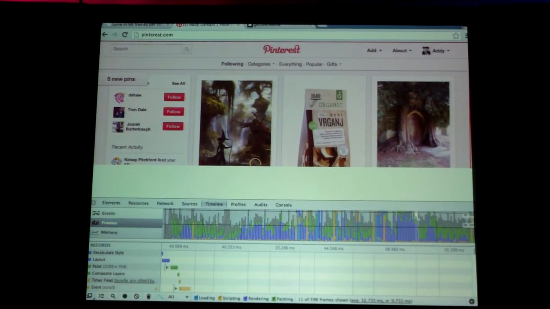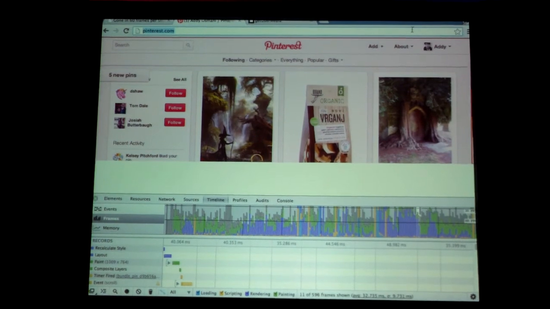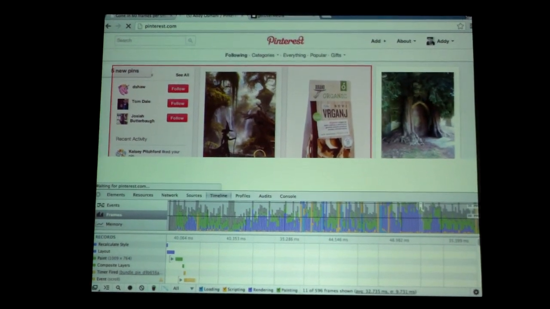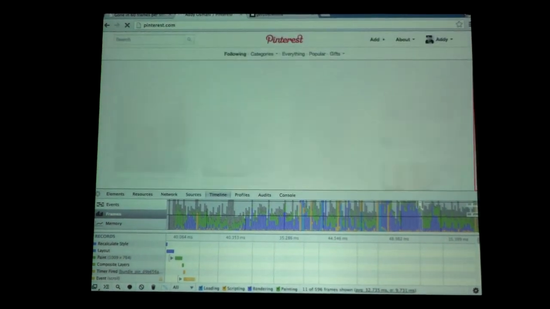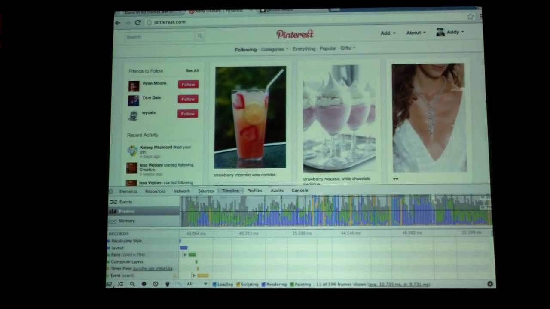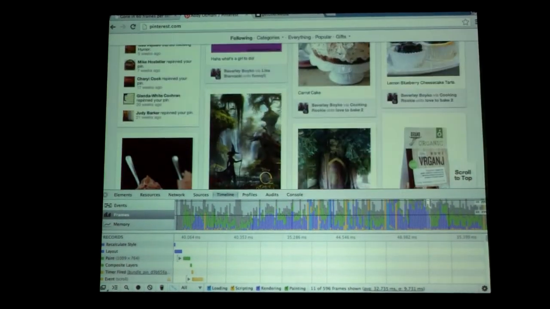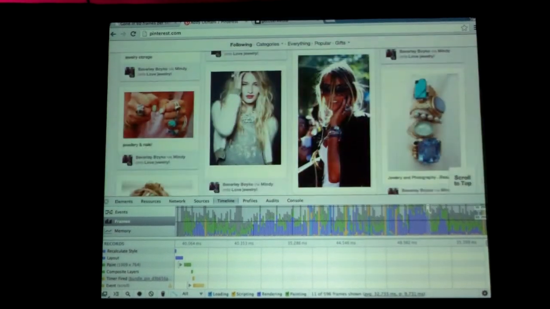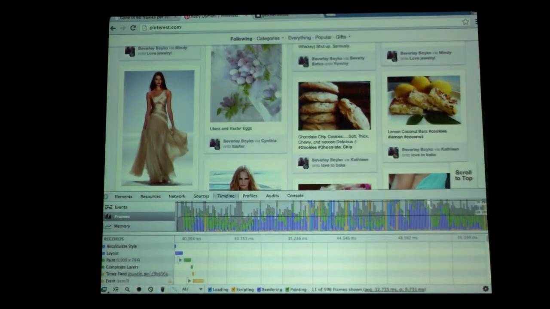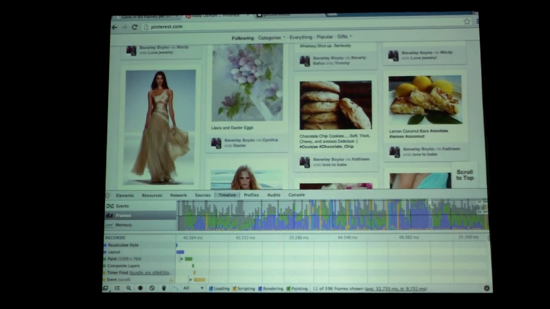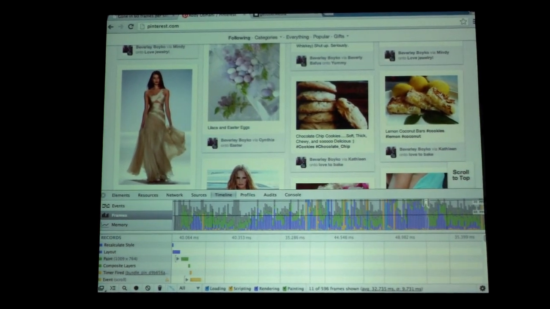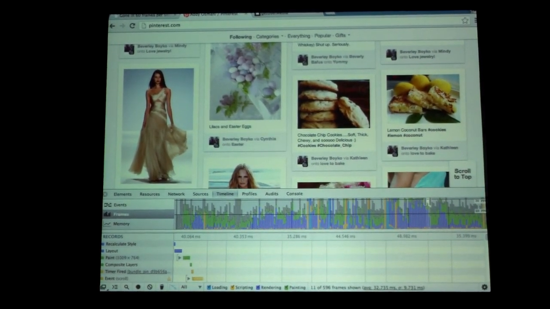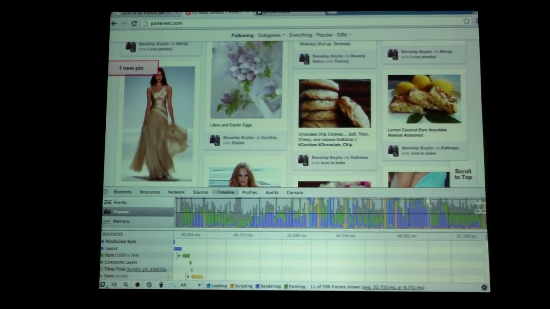Now, I want you to pay attention to what happens. Sorry, I'm going to have to quickly reload this page. So I want you to pay attention to what happens as I scroll through. Every couple of milliseconds, you're seeing a big, bright flash of red. What this means is that Pinterest are actually repainting absolutely everything that you see on screen at the moment. That's a really expensive operation. And it's something that I've seen on quite a few sites that are taking advantage